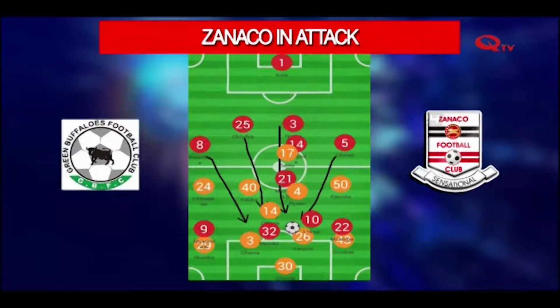Yes, if you look at the way Zanaco were attacking with long balls, the midfielders are not playing. You look at Isaac Chansa, every time he was getting the balls in front of him, which maybe is a striker trying to shield the ball, and then from the midfield you run, you get the ball from there, any breakdown which comes in the midfield. No wonder you could see Kativa shining there in the midfield, because every time Chansa was running in front, especially when they were scored on,